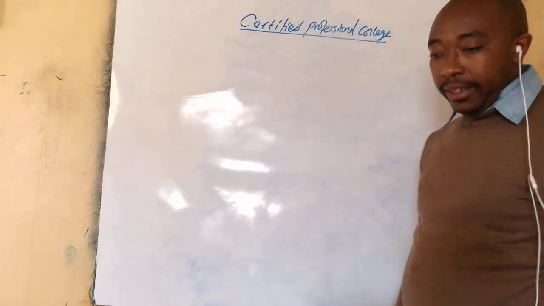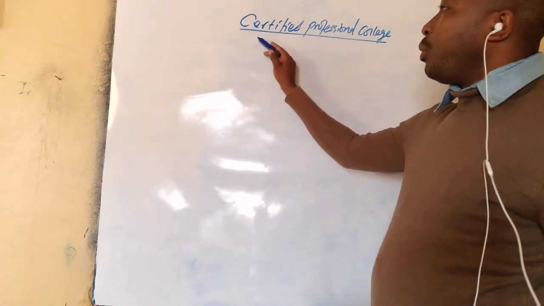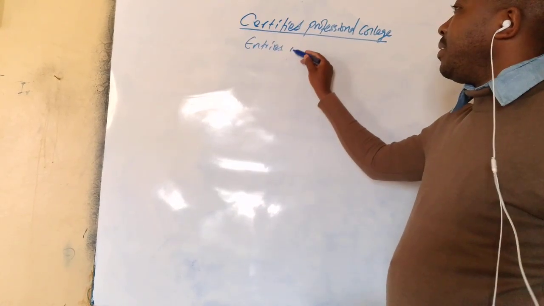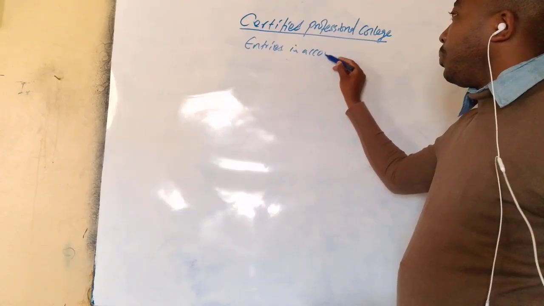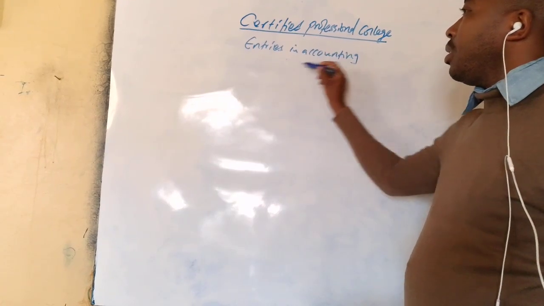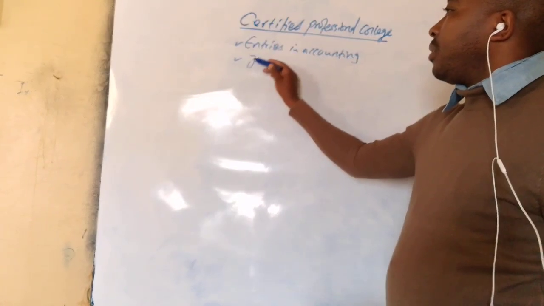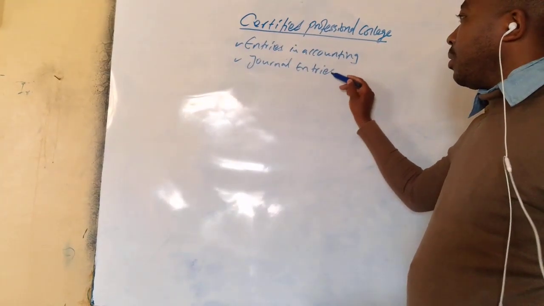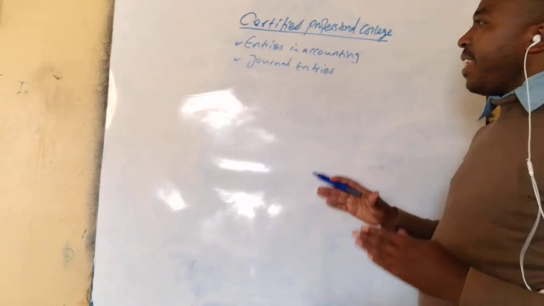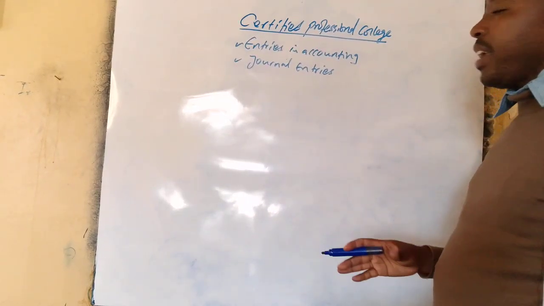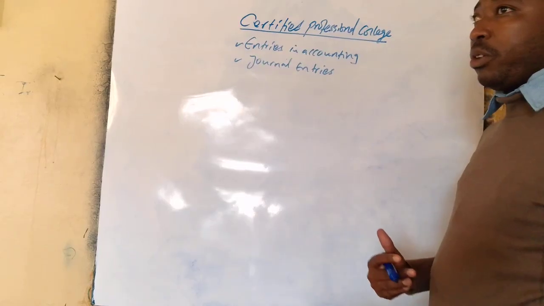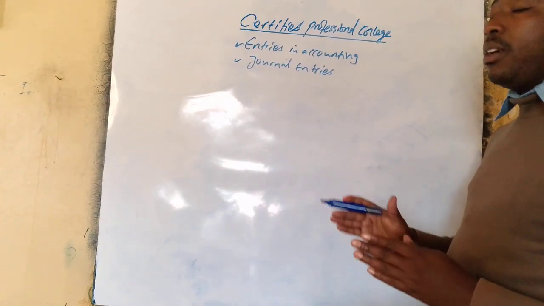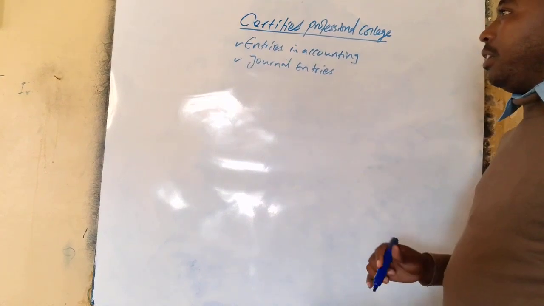We are going to look at accounting in general, the entries in accounting. Something called journal entries, or any other entry that you need to record. And what we are going to learn today is very crucial because it's all about now recording the entries in